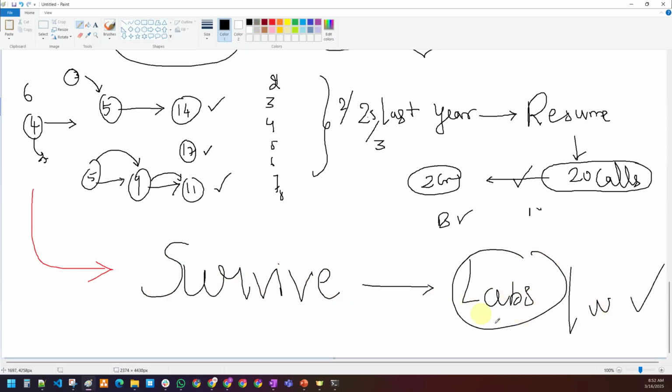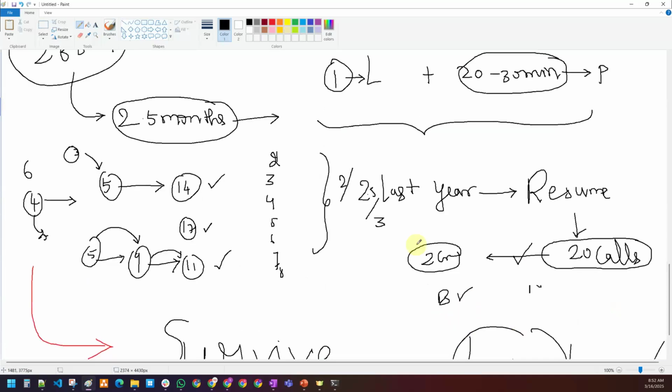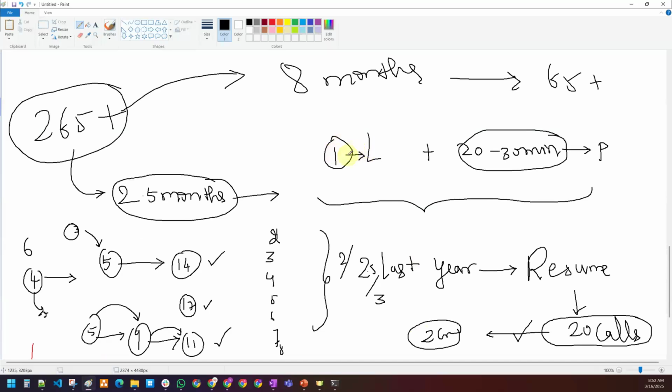So if you want to get that lab session or work experience, that will only happen when you cover everything in the course. That's the reason I already told you 80 by 20: theoretical things we cover 20%, practical labs we are going to cover 80%. So everything we cover, you have to practice. That's the reason I mentioned 1 hour for live sessions, and 20 to 30 minutes for practice. If you're doing this for 3 months, right,